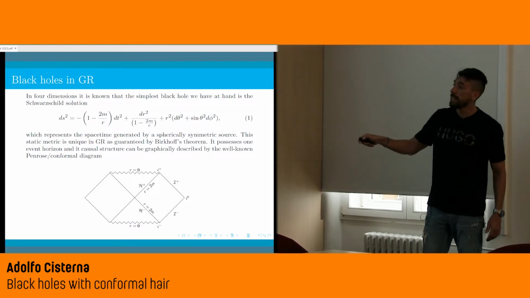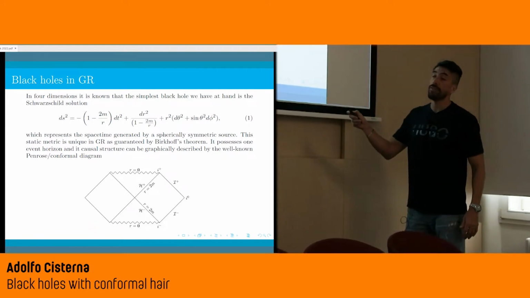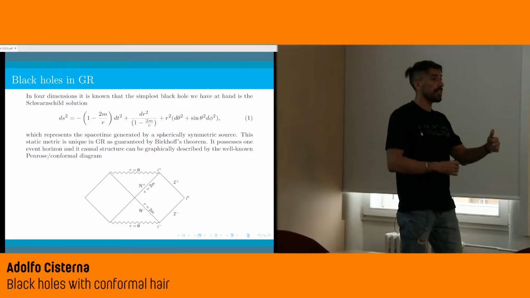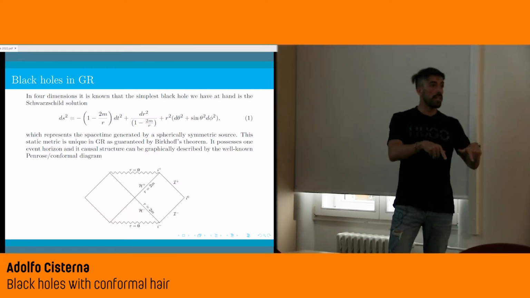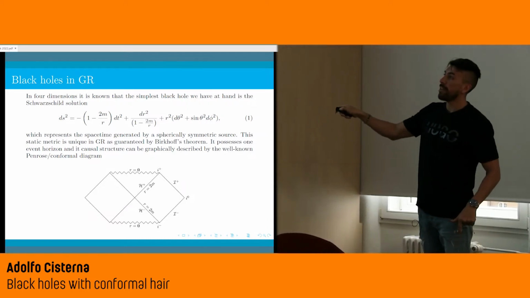This is a time reversal version of this metric in which the black hole turns out to be a white hole. So particles cannot enter, they can only leave. Okay? And of course, when you cross the event horizon, at some point you reach the central singularity, which in this case is space-like,